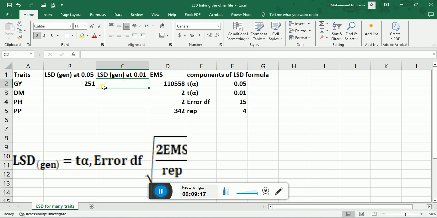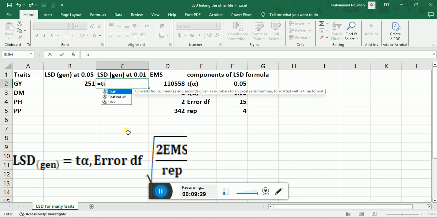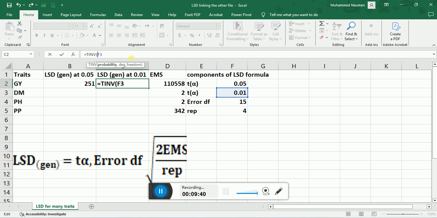Now we will enter the LSD formula at 1% probability level. Let's see, equal to TINV, probability level 0.01. Fix this cell by placing the dollar sign, comma. Next is the degree of freedom, the error degree of freedom. Fix this cell also by placing the dollar sign.